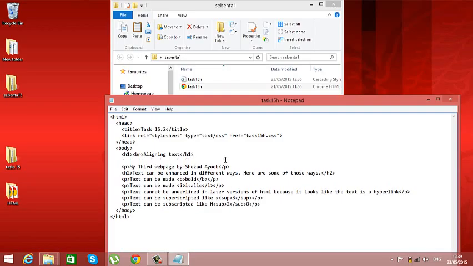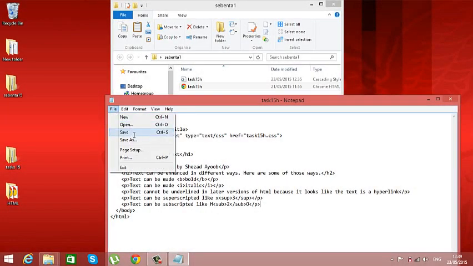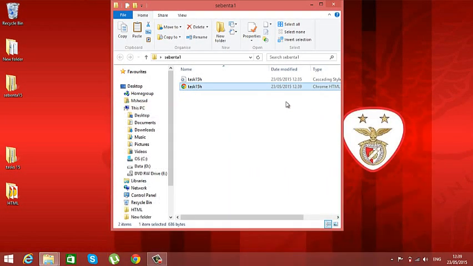And below it, you have to put the HR for the line. Now we can save the work, close,